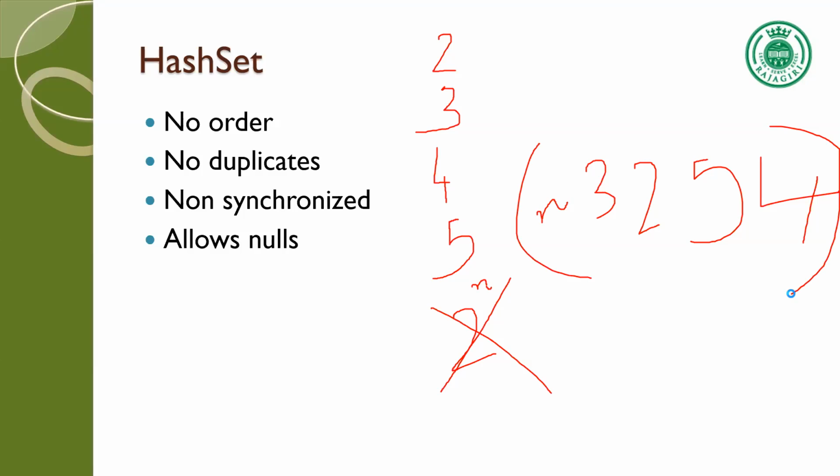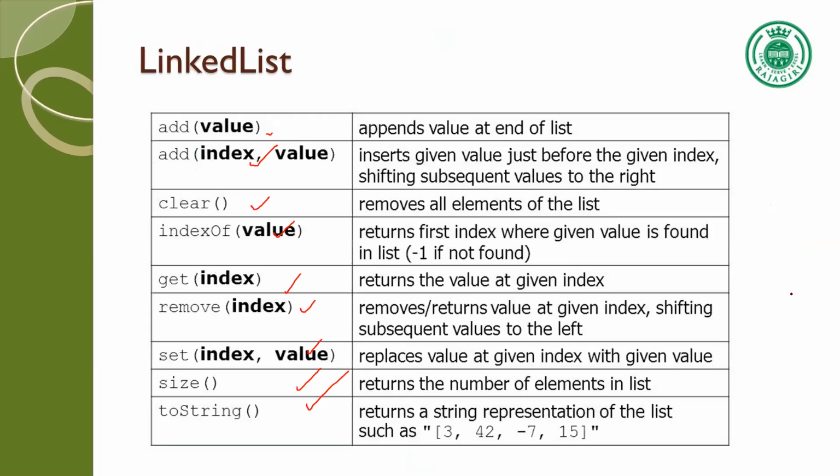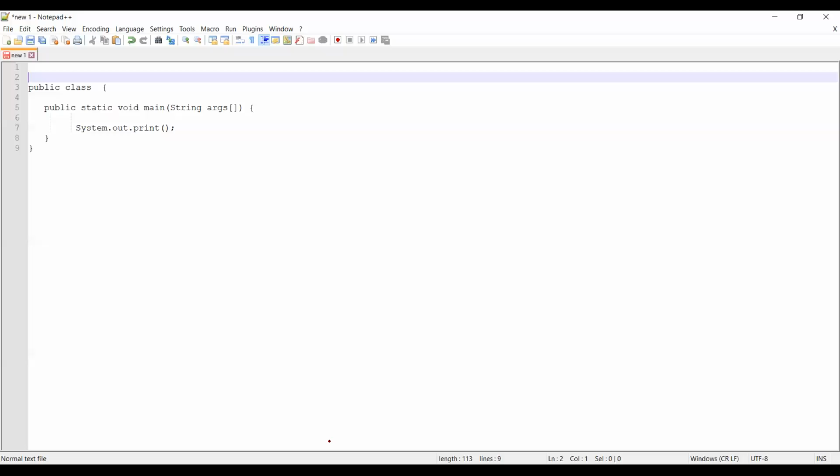To create it is just the same: HashSet object is equal to new HashSet. Creation is the same, just as in any other collection. Now we will see all these with the help of programs. We will first start with